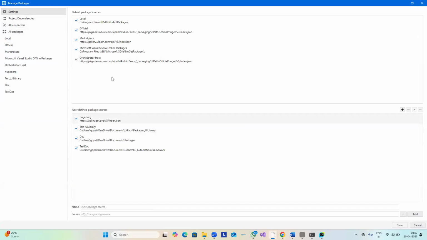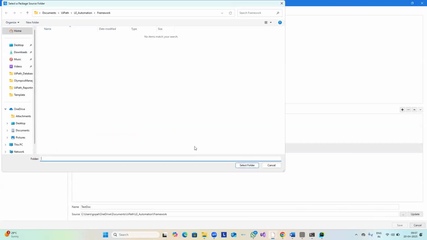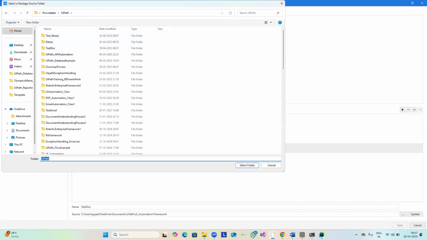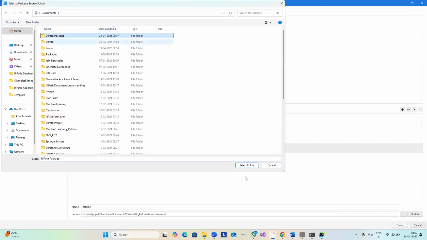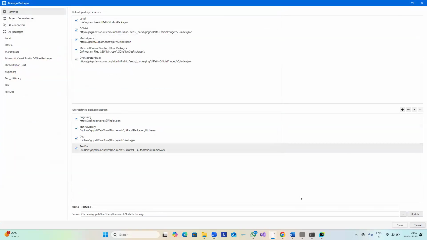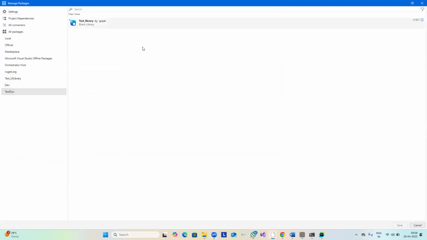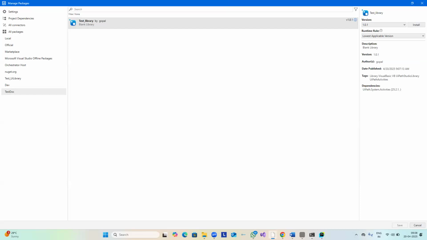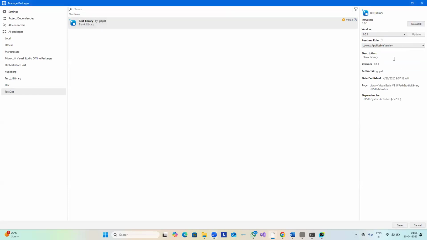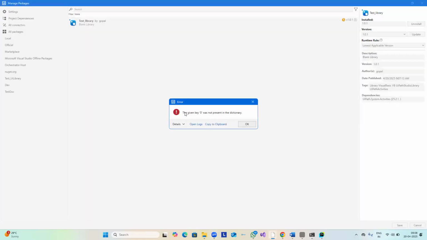let's say I would like to change this to my path, right? The path which I have just created. So now I was giving that path over here. Once I give that, if I go to the test doc, you can see the test library over here. Just now I have created, it came over here. See, this is similar to what we are doing as an activity. And if I install it now,